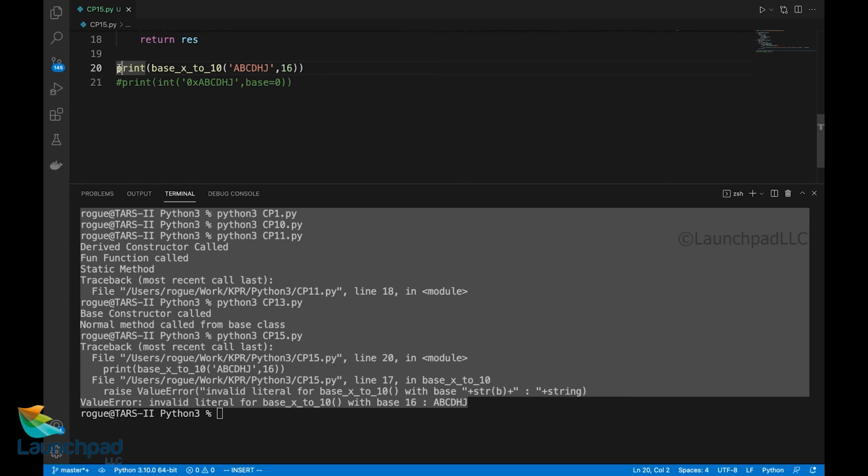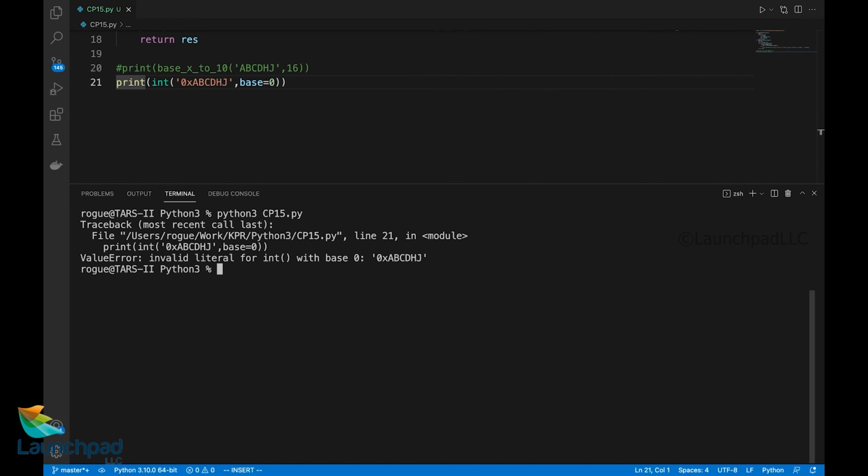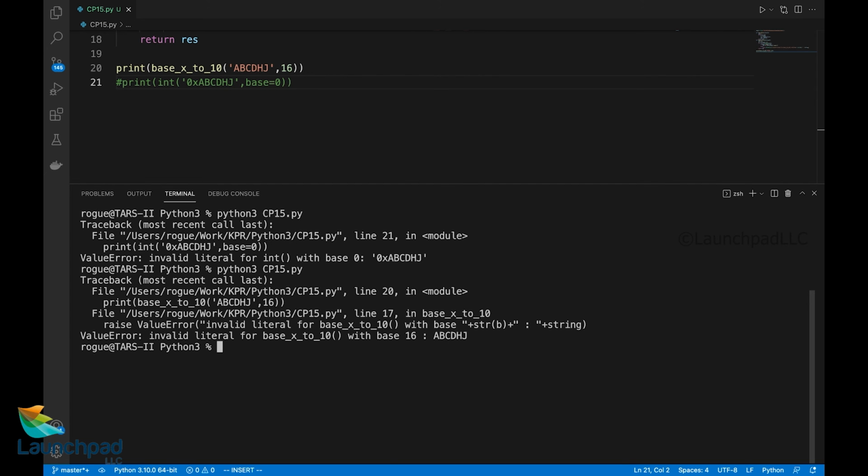Let us comment the 20th line. Now this is how it is done in the predefined way; let us do it in the user defined way. So we have raised our user defined error with the same value we have passed here.